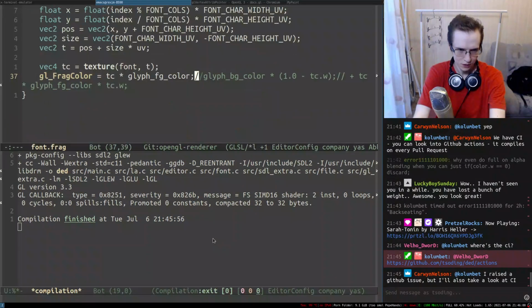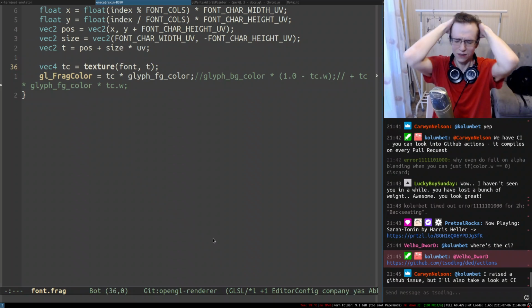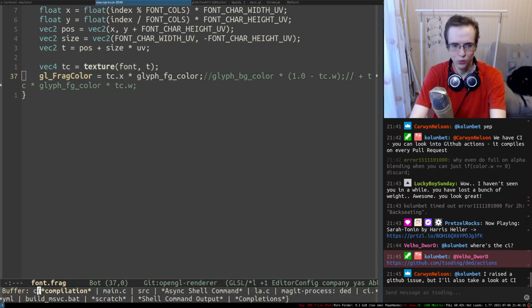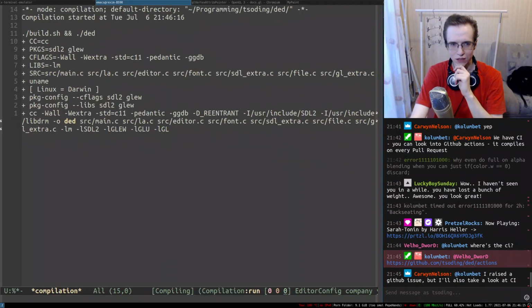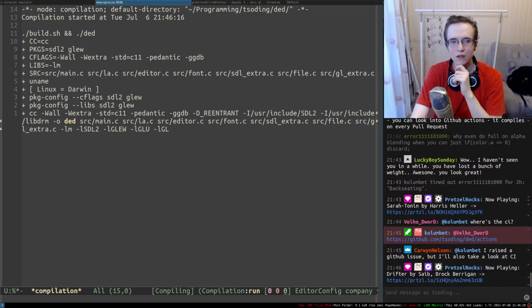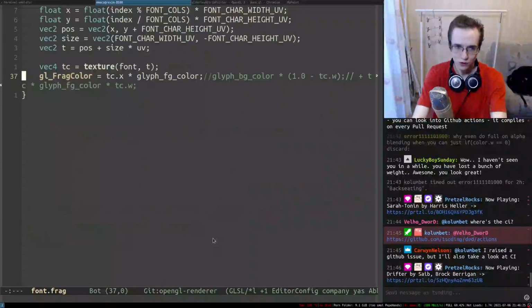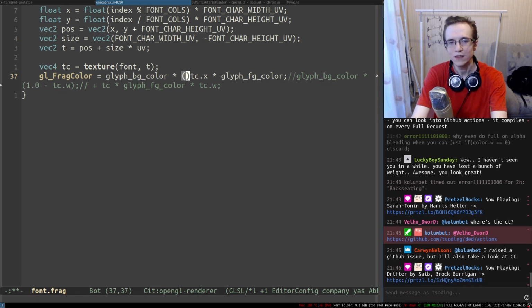So let me see what we've got in here. As far as I can understand, you don't even have to worry about that. You don't have to even multiply by the full color. You can just take the first thing like X, and that will work fine. So that means we can use that X to blend everything accordingly. Okay, so this already works perfectly. And that means in here I can take the background color, multiply it by the inversed TCX and add it in here like this.